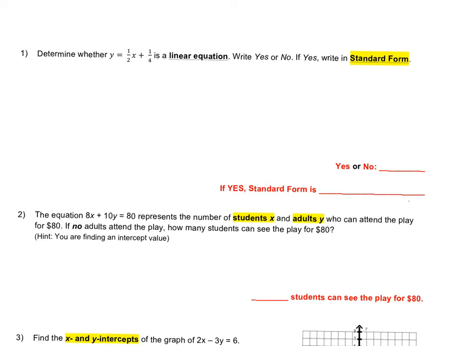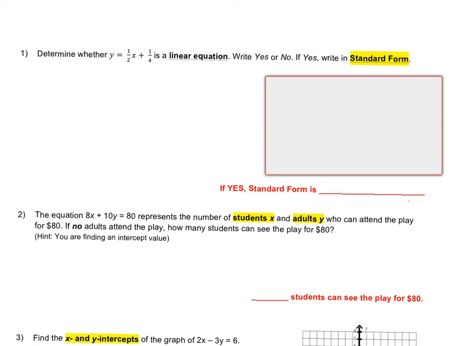So number 1 talks about linear equations. This was 4.1. How can I tell if an equation is a linear equation? Very nice. So the first thing that you have to recall is I can tell if something is linear if,